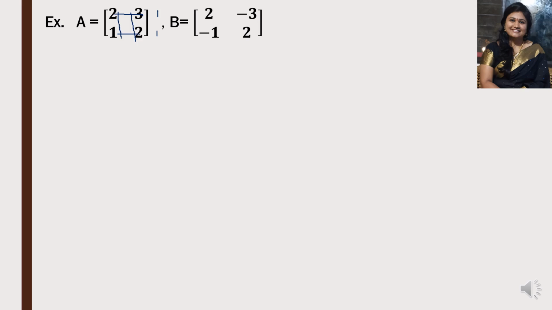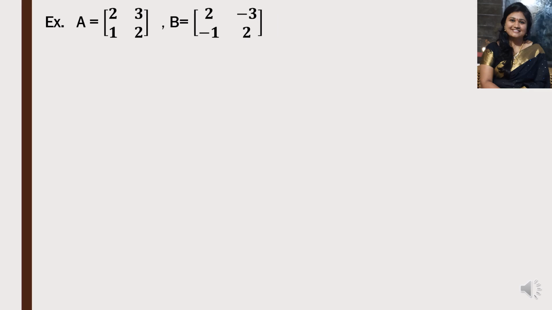So 2 by 2 is the order, that is 2 rows and 2 columns, and A is a square matrix, right? Now for the second matrix, we just check the condition here, which again contains 2 rows: your first row is 2 and minus 3, and the elements in the second row are minus 1 and 2. So 2 rows, and the columns again: 2 and minus 1 is your first column, and minus 3 and 2 is your second column. So it is the same here, 2 rows and 2 columns.